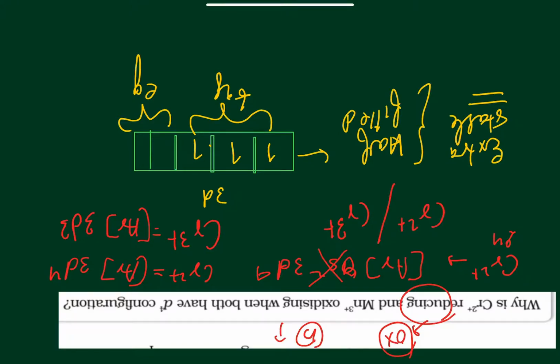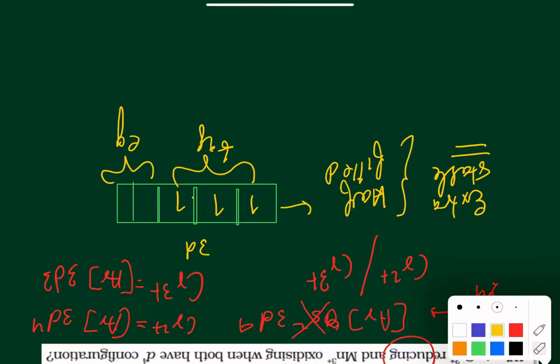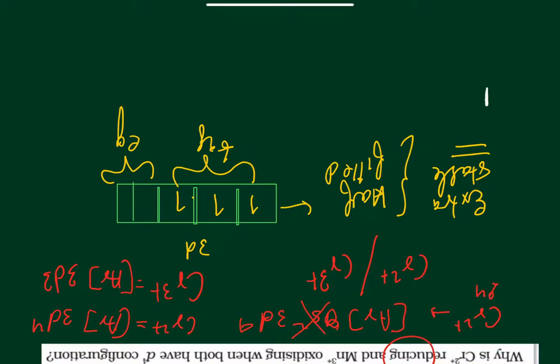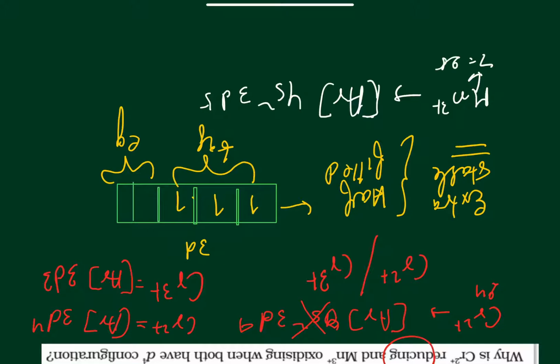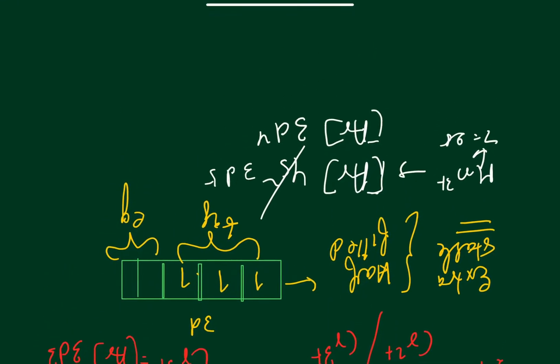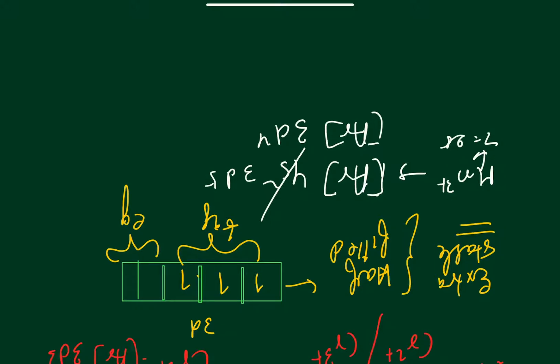For manganese, I'll do it a little quickly because I've given you a detailed explanation for chromium. Manganese 3 positive. Let's draw the configuration: argon 4s2 and 3d5. Why 3d5? Because the atomic number of manganese is 25. Now remove 3 electrons from here, 2 gone and then 1 gone from the 3d. Argon 3d4. Three electrons are removed.